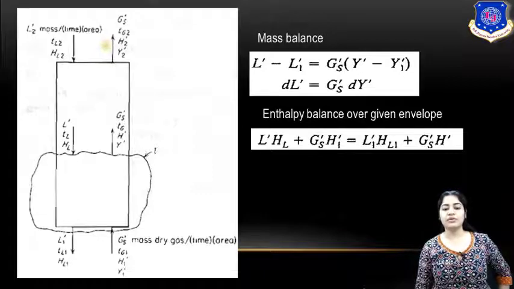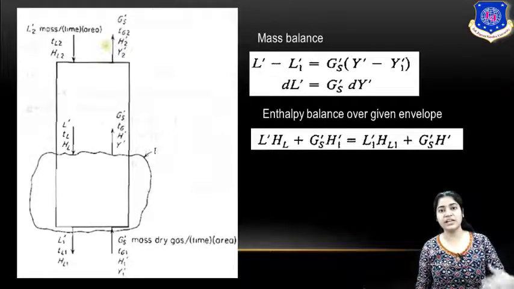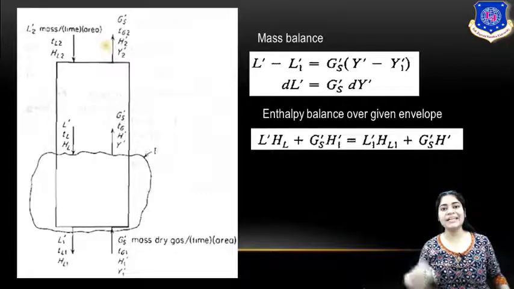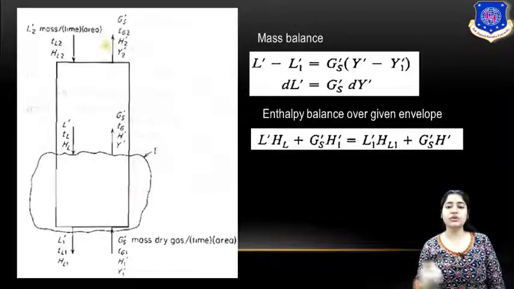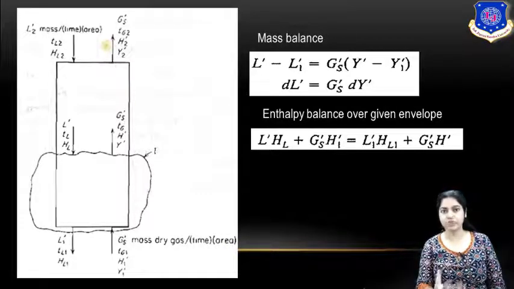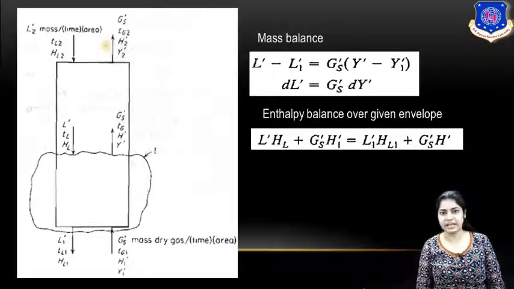Now see, your packed column is a very big equipment. From point 1 to point 2, from inlet to outlet, the concentration, the humidity, will change here. So to carry out the overall balance, to know the flow rates of liquid and gas at which it is desirable to operate, as the humidity changes from inlet to outlet, you focus on a small differential area where you can carry out the mass balance, heat balance and enthalpy balance.